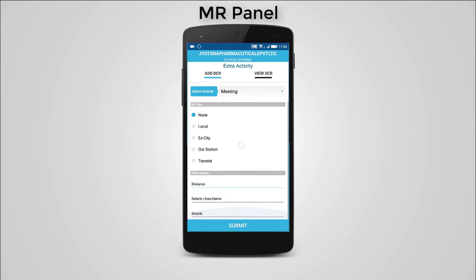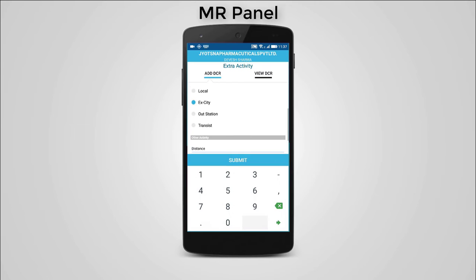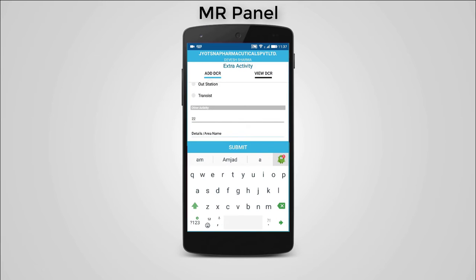Then you select where the meeting or the extra activity was conducted, whether it was conducted in a local area, X city, outstation or transit. If you select X city or outstation, then you can define the distance covered from the local area to X city. And then you can also define the area of that X city where the meeting was conducted.